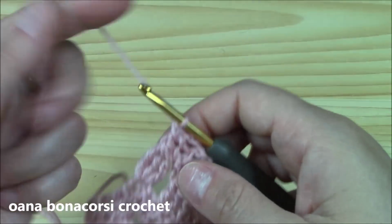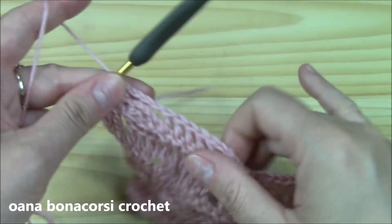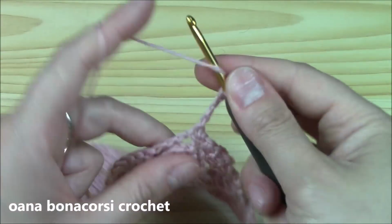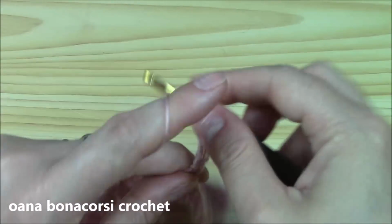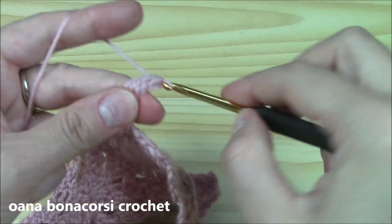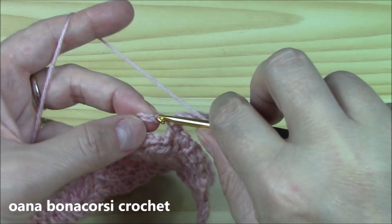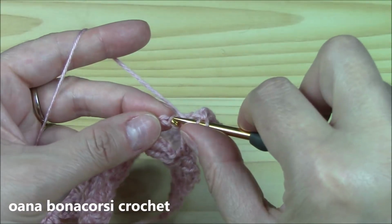Go ahead and work our last row for the flower, so to complete the flower we chain 4, turn, yarn over twice into the single crochet, work 1 and 2, chain to secure plus chain 2 more, yarn over, skip 1 chain into the next 3, work 1,